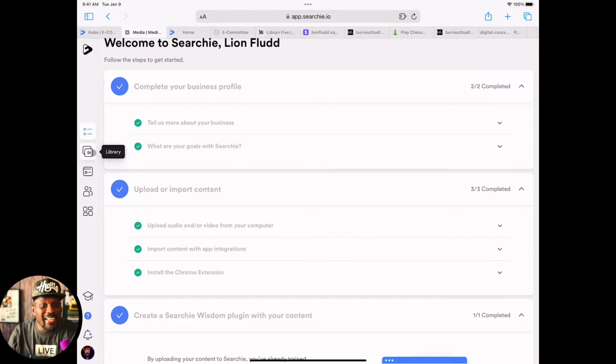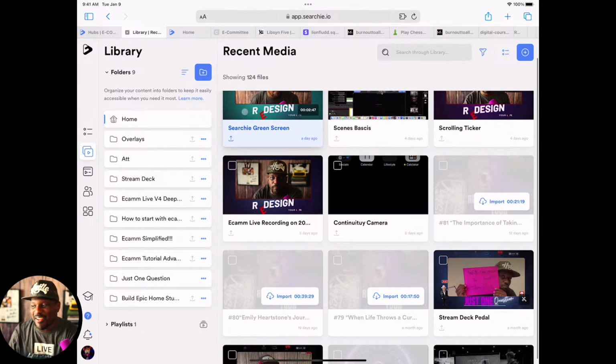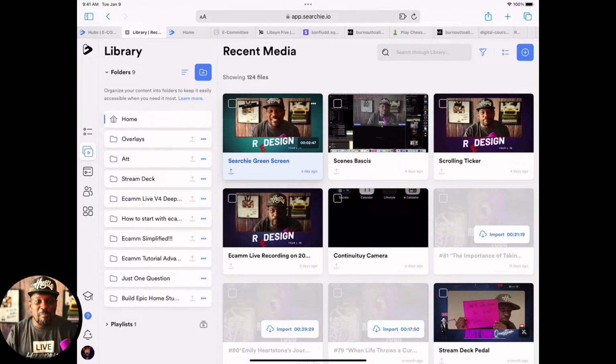Here, next, we have the library. And I know this is where a lot of people get excited, and I'm absolutely glad I get to show you this here, okay? So in this, I have my videos. Currently, I have 124 files inside of my library. And I say files because they're not just videos. I have PDFs, blogs, podcasts, and written material as well, PDFs and stuff, so that they can download workbooks. So I have 124 files within my one hub.